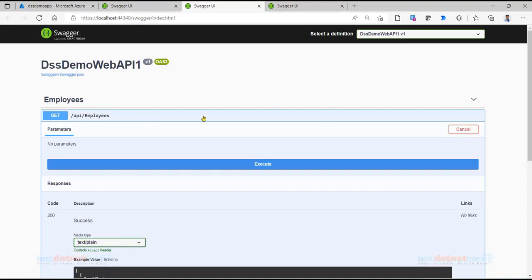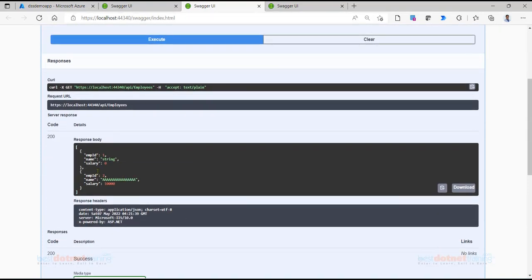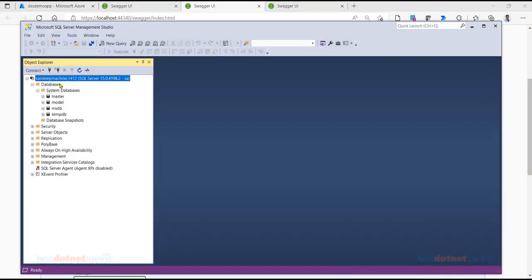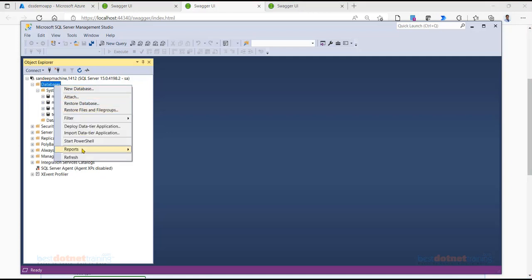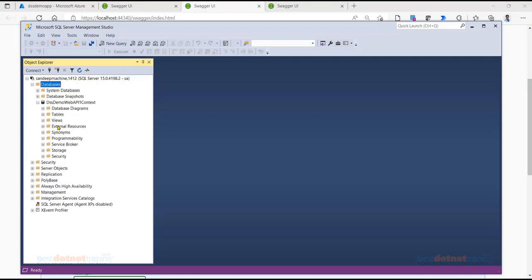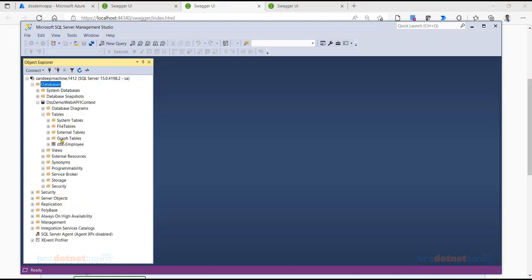It's localhost. Same thing. So basically it's an indication that both app service running in cloud, the local application running on my machine are able to access the same database. You can even go to the management studio, connect to my Sandeep machine 1412, refresh here, you will see the same database is supposed to be present here. Same tables.